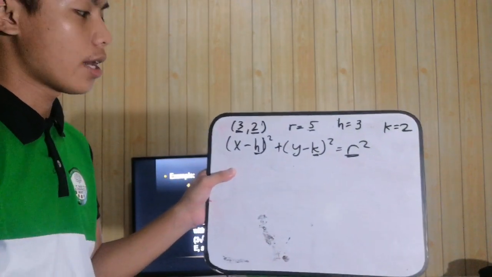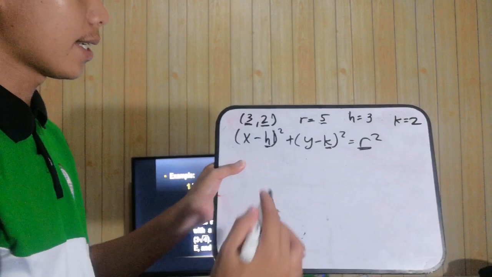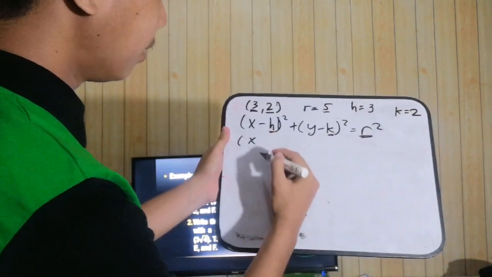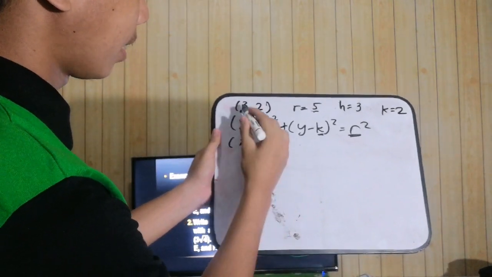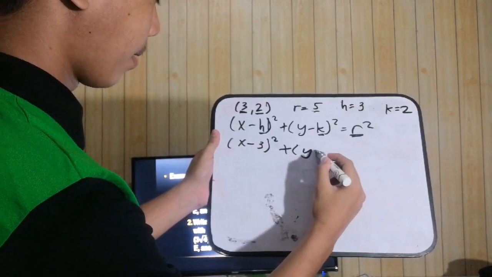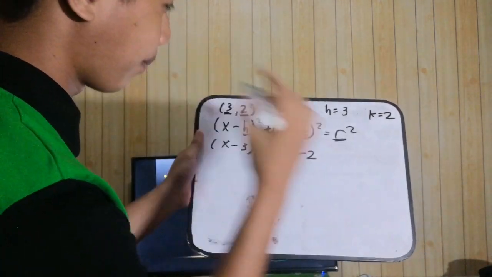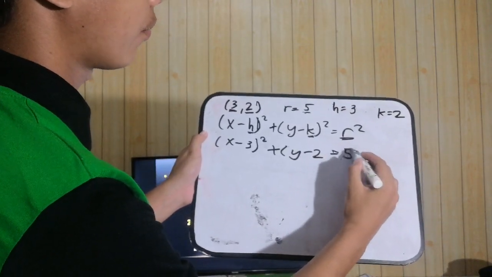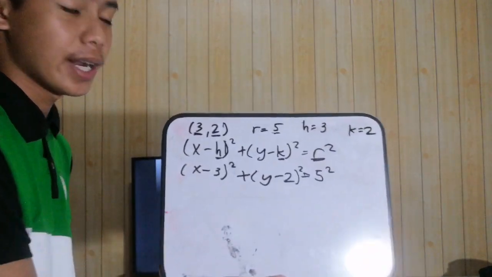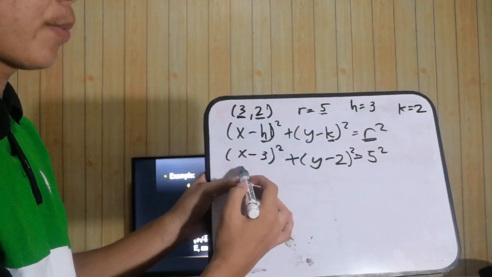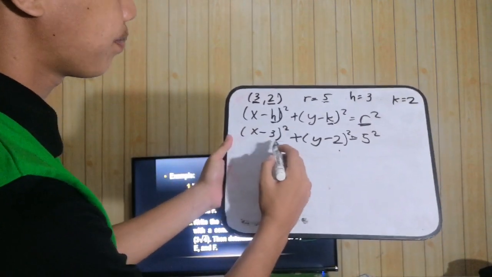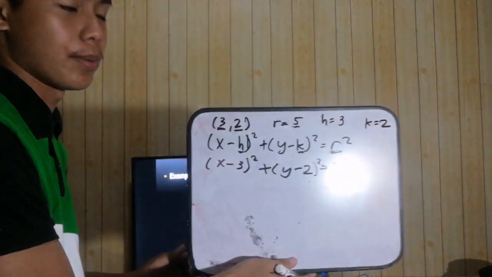Okay, understood? Now, we're using this formula. Let's substitute to solve it. Let's say x minus 3 squared plus y minus 2, the value of our k, squared, plus the value of our r is 5 squared. Squared, right? Now, to further solve this, let's expand these quantities. Okay? Now, for this one, square of a binomial,